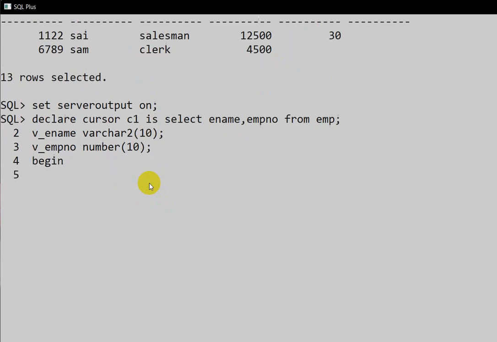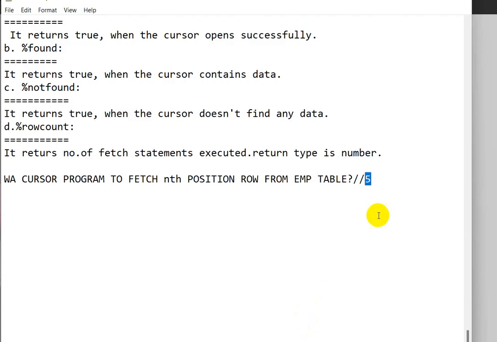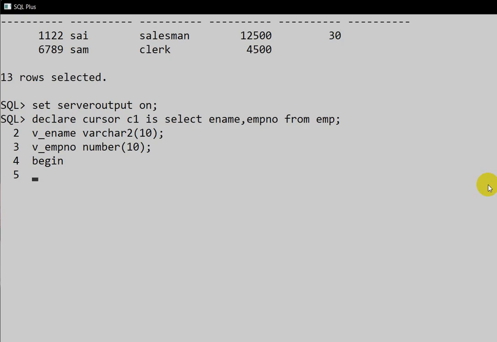Here we need the fifth row. There are many rows in this cursor as we are selecting this. So the first step is we have to open the cursor. So open cursor, and here we will write loop and fetch the data.